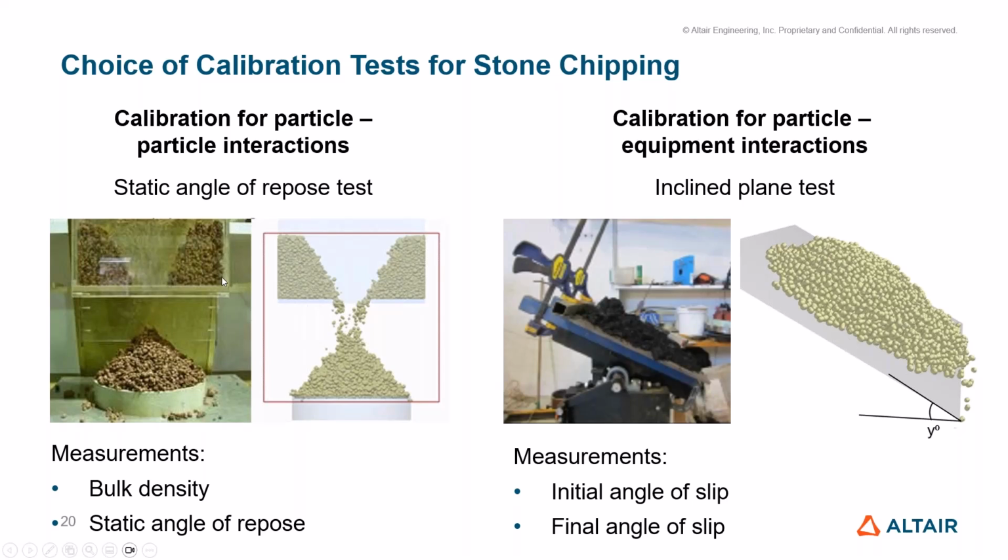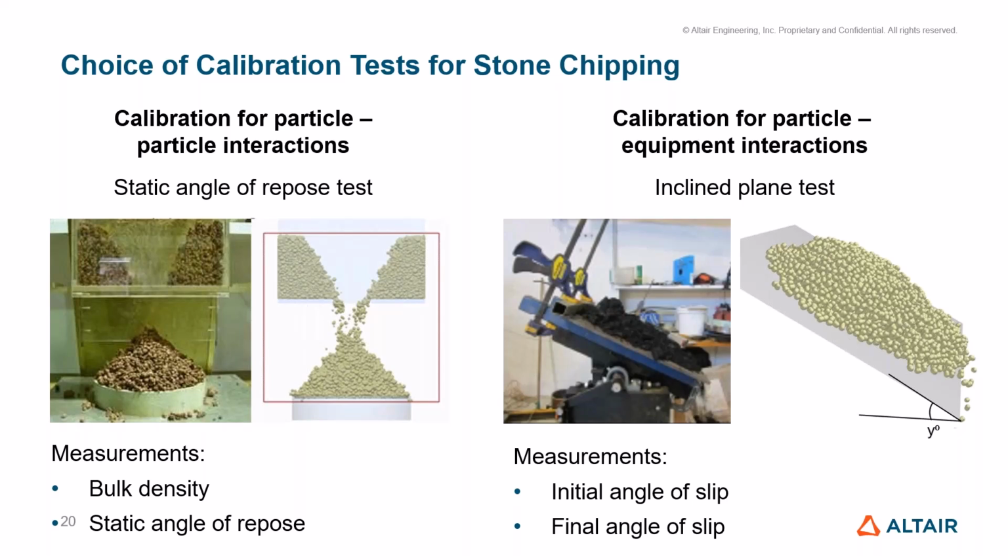The static angle of repose gives us the particle-to-particle interaction, and can be performed with a simple pipe test, where you use a flat ground surface, place a hollow cylinder over the flat surface, fill the material and lift the cylinder with a known velocity, which helps us to predict the heap angle from the